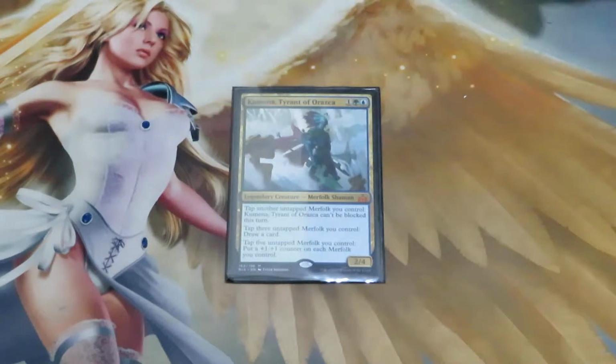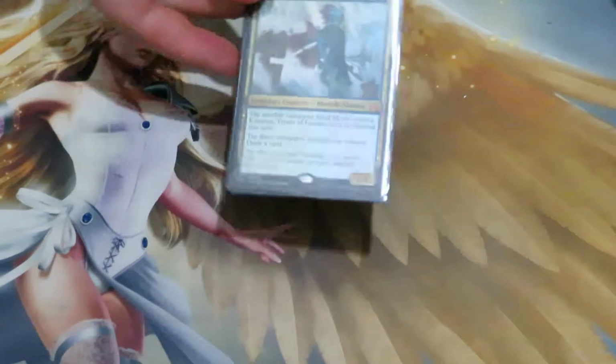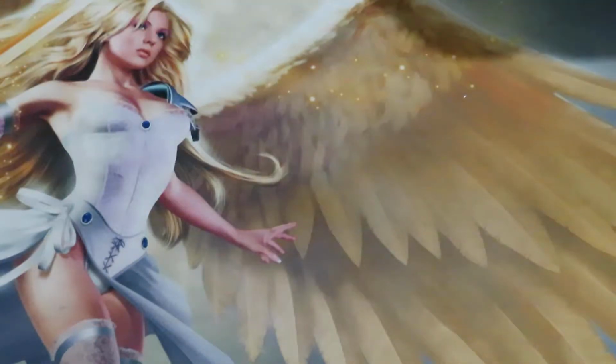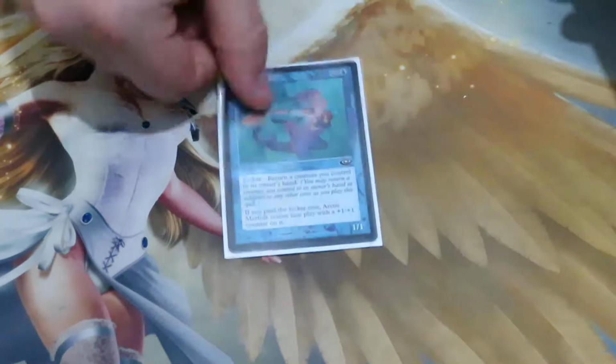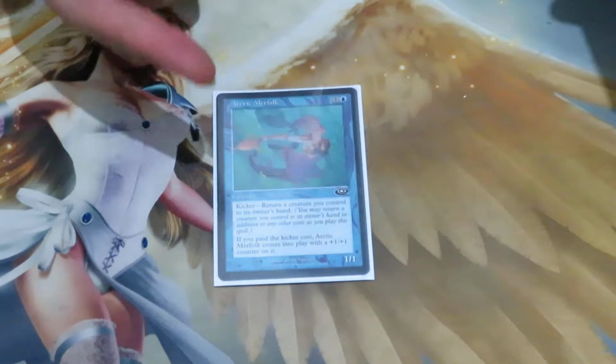And I'm going to start with the Merfolk. So other than Kumena, I'm running 26 Merfolk. And they're really interesting ones, a lot of them really spicy. Arctic Merfolk has a kicker cost where you return